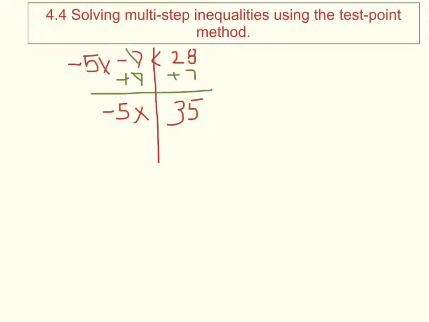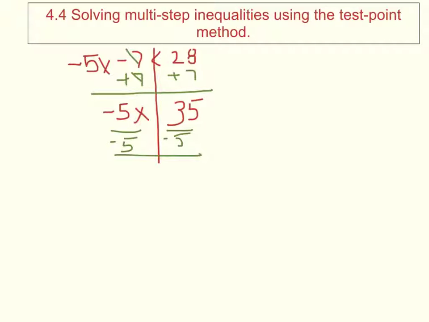Now we're stuck with multiplication. That is negative 5x on the left side here. And be very careful here. Most people, when they undo this, they try to divide by 5. Remember, I want to divide by the number I want to get rid of, and this number is negative 5. So, I show my division by drawing the line. Divide by negative 5